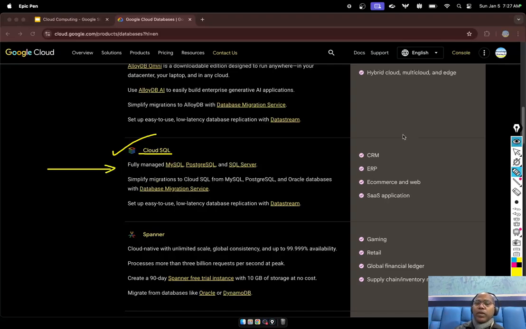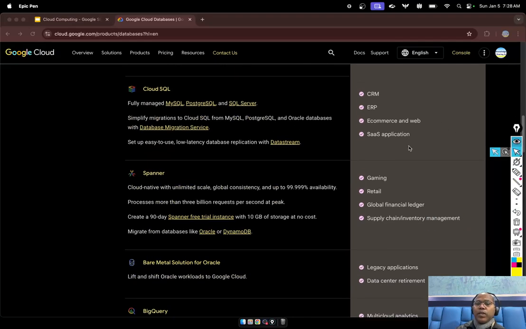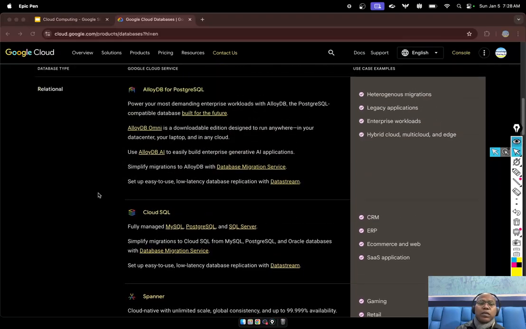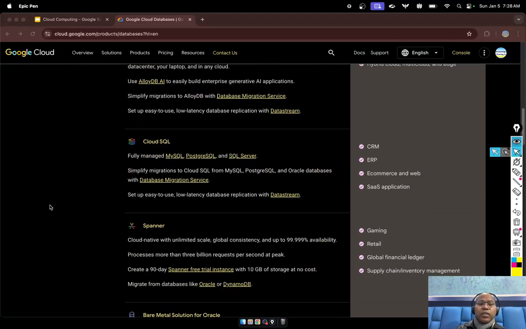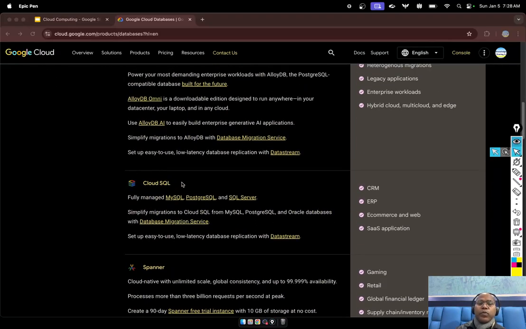And if you talk about applications, these are very good for any kind of CRM application, ERP application, web application, and any SaaS based product where these databases are very suitable, right? And notice that these relational databases do not support horizontal scaling